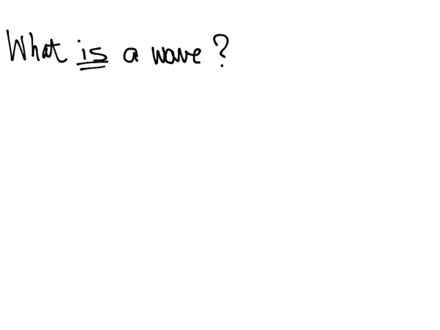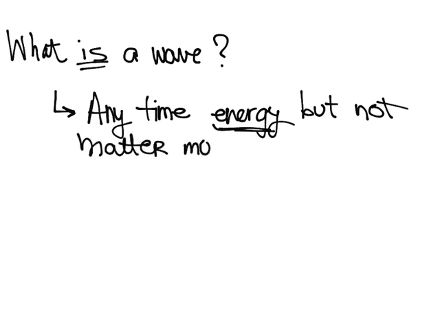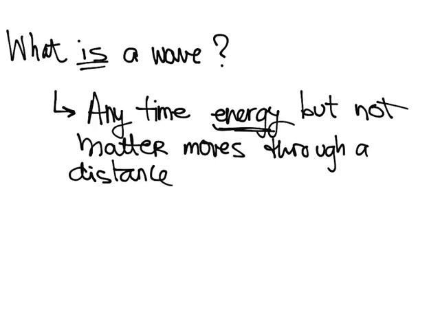A wave is basically any time you have energy moving through a distance without the matter moving through. So energy, but importantly, not matter, moves through a distance. Some obvious examples would be ocean waves, sound waves,